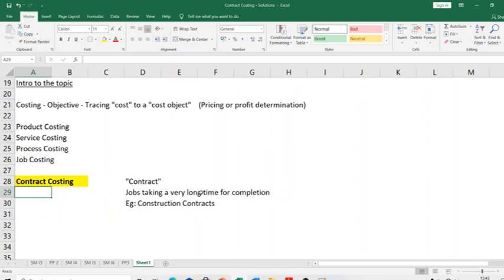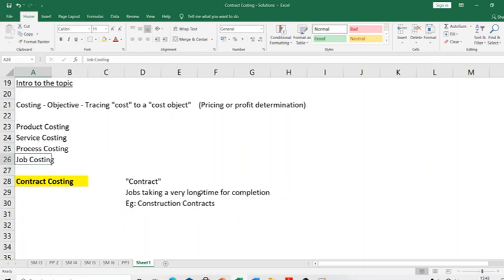Now, the next question is, now we understand what contract costing is going to talk about. Mainly we are going to be talking about construction contracts taking a lot of time. So we understand the difference between a traditional job costing system or a service costing system and a contract costing system. We are good. But the next question is, if a certain job takes a long time for completion, why should you have a separate system for costing, right? Why can't you have it as a part of your job costing itself or service costing? Why should you have contract costing, right?